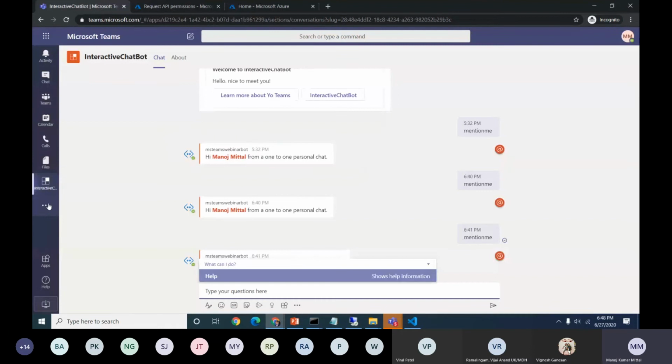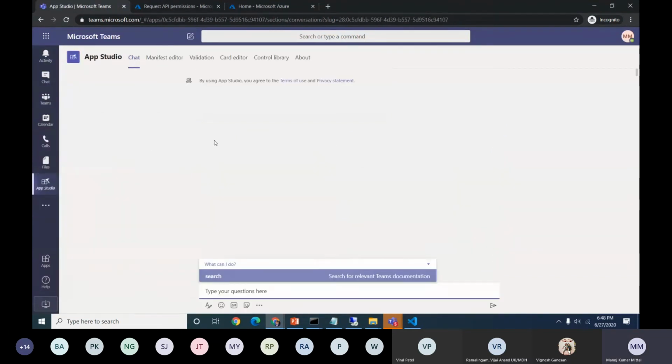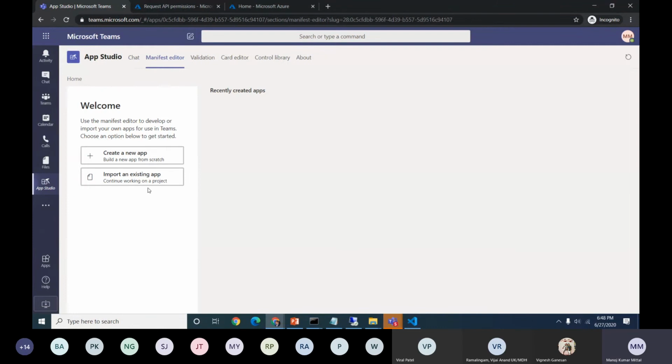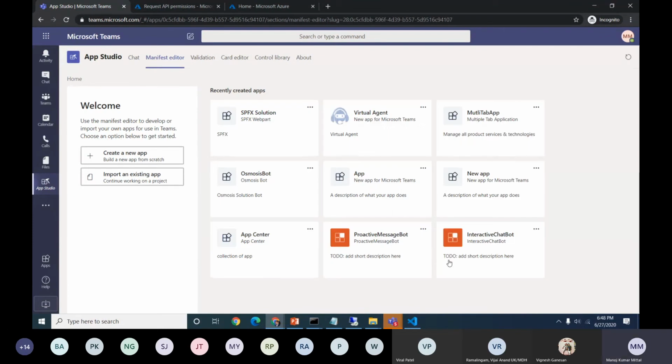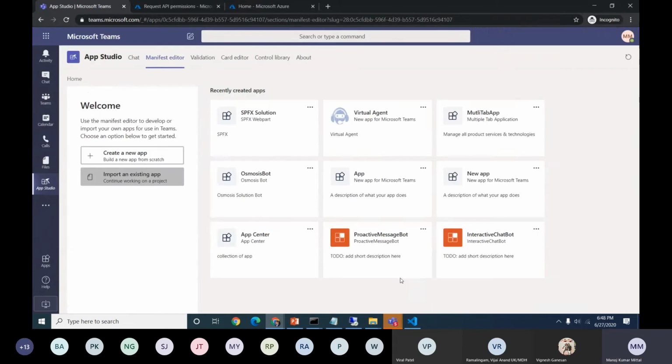I'll just go back again into the App Studio manifest editor. So here, that file is not there. Create, or rather, include the existing app. We'll just say open. So, yep, Teams, channels, and the group chat.